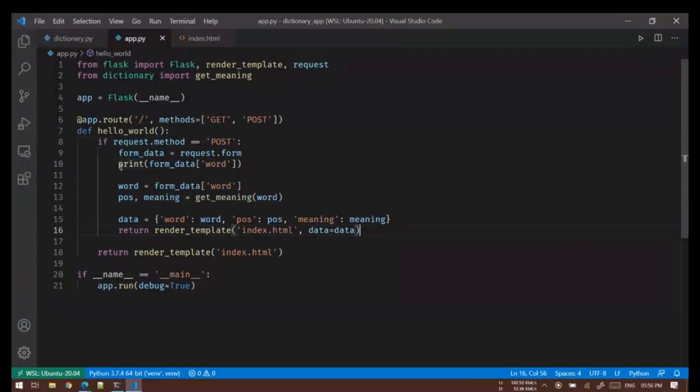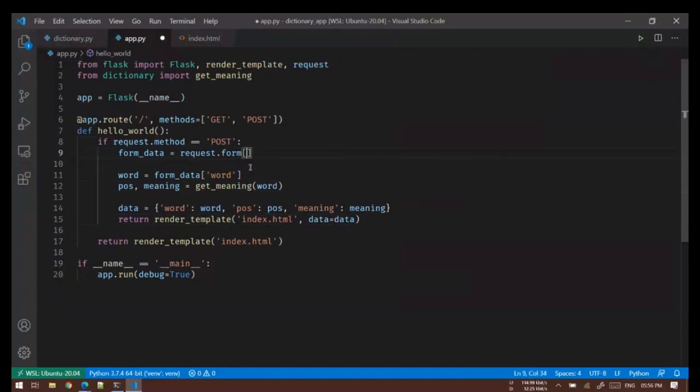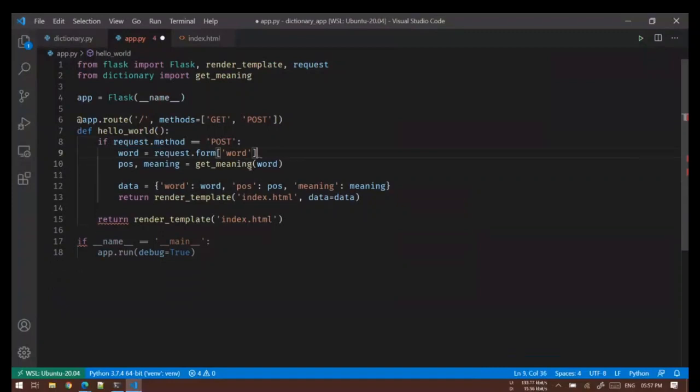Okay, so we can simply remove all this and say word and... okay. So this is all the code that you need. This is all the code you need.